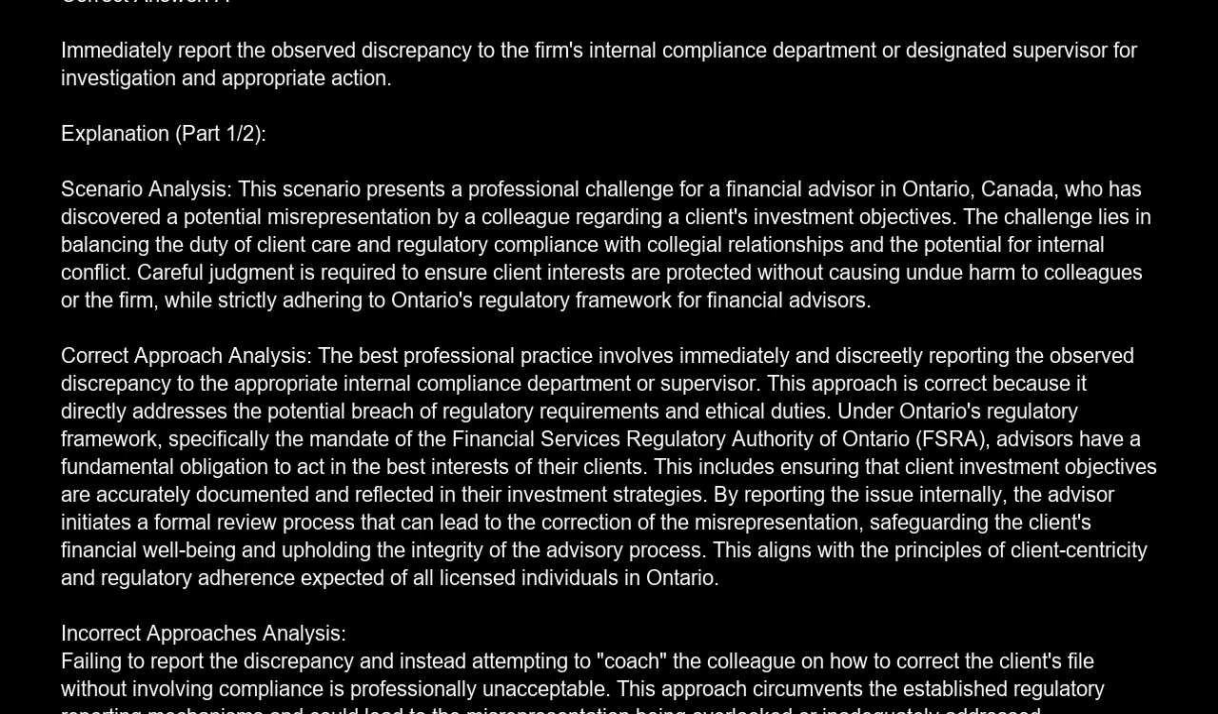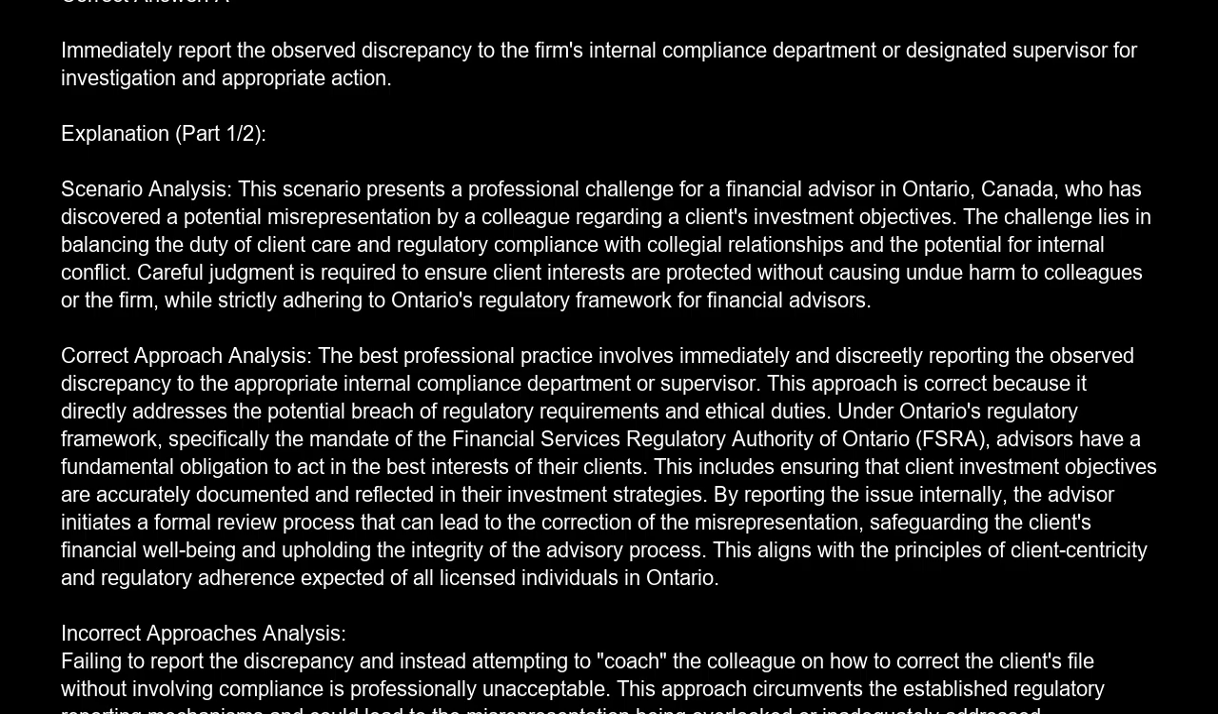The correct answer is A. Immediately report the observed discrepancy to the firm's internal compliance department or designated supervisor for investigation and appropriate action. Explanation. Scenario analysis. This scenario presents a professional challenge for a financial advisor in Ontario, Canada, who has discovered a